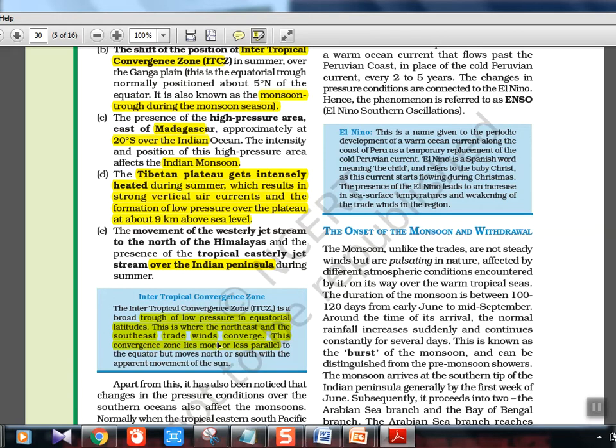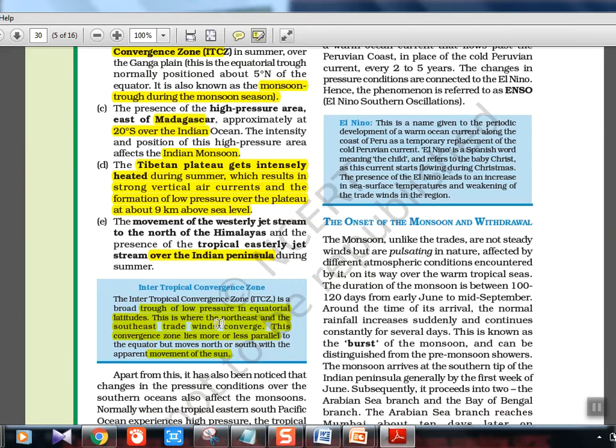So it's the southeast trade winds and the northeast trade winds to the equator, but it moves north or south with the apparent movement of the sun, like I told. We'll feel like this thing is moving up and down. The earth is moving with respect to the sun, and that is why the shifting of ITCZ happens, and that is why the wind system is shifting and overall monsoon is getting affected. So just know the relation. The actual ITCZ concept we will learn in higher classes, but the important thing is there is a wind system or a pressure system which is shifting because of the apparent movement of the sun, and it affects the monsoon. Just know that now.